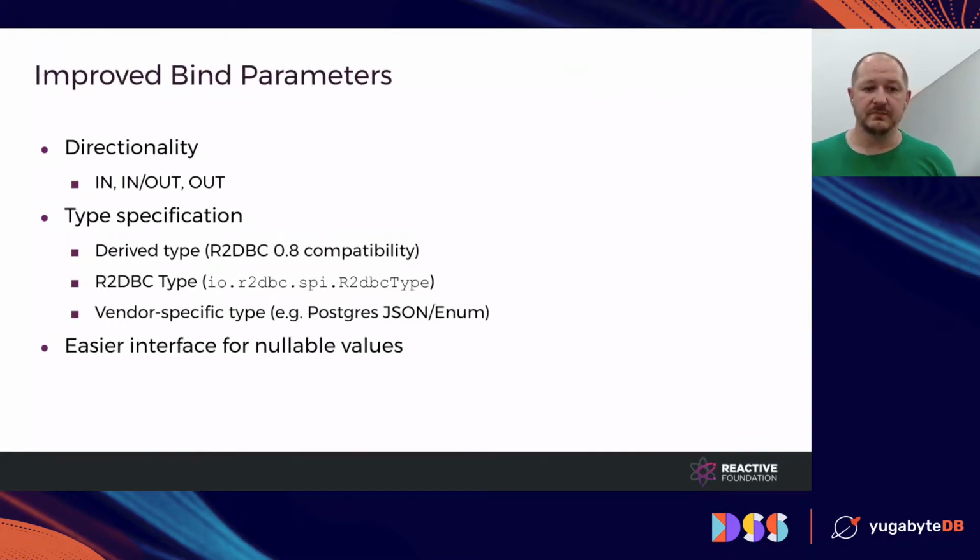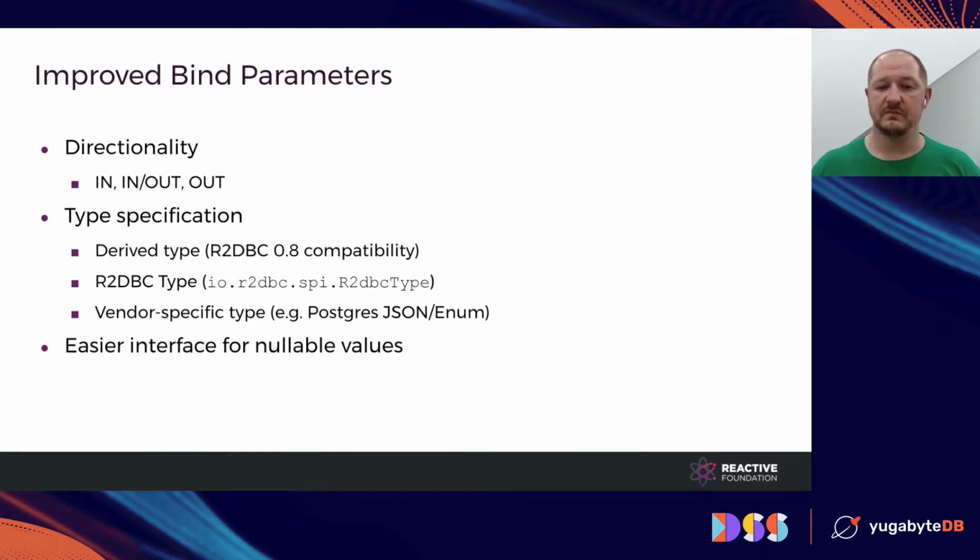With the improved bind parameters, we can specify the directionality. So this is the thing that will come with 0.9. And you also have the possibility to specify the actual type of the value, not only derive it, but specify either from a collection of predefined types like varchar and the like, or you can even specify vendor-specific